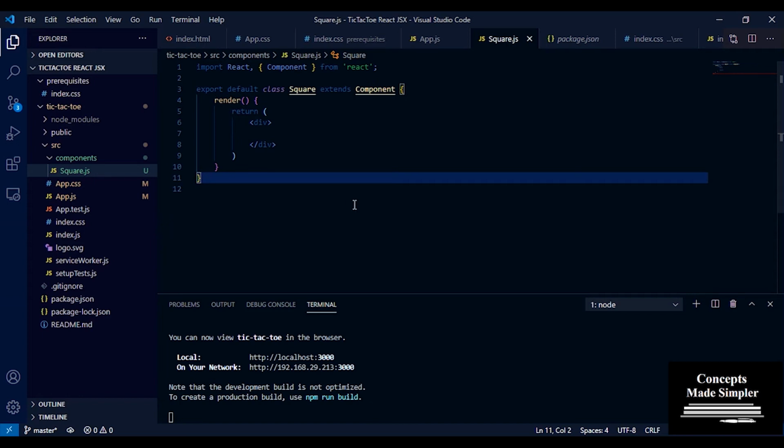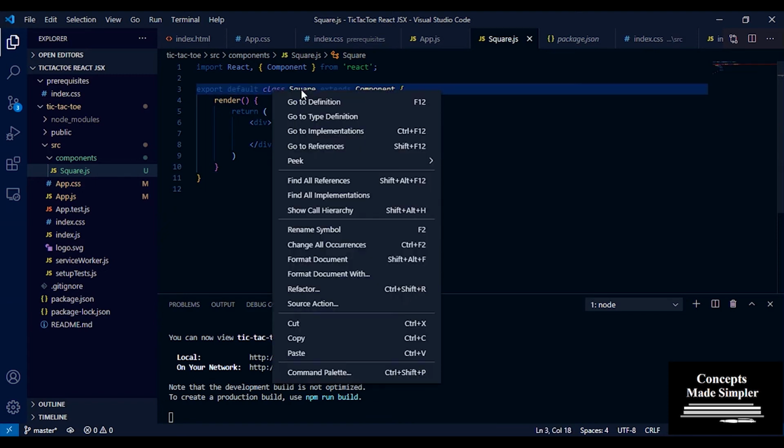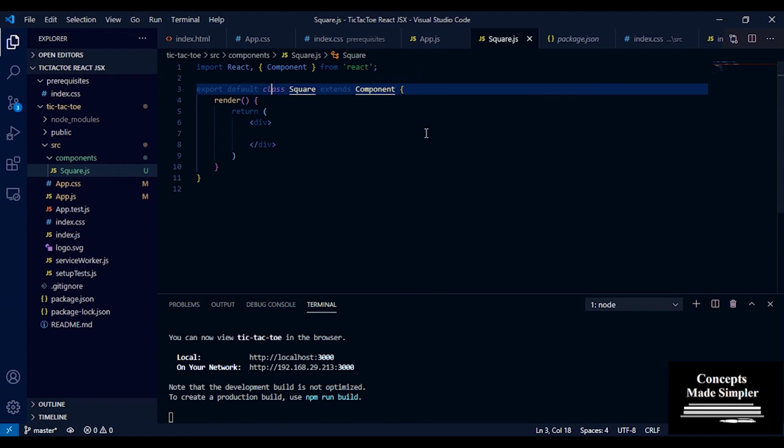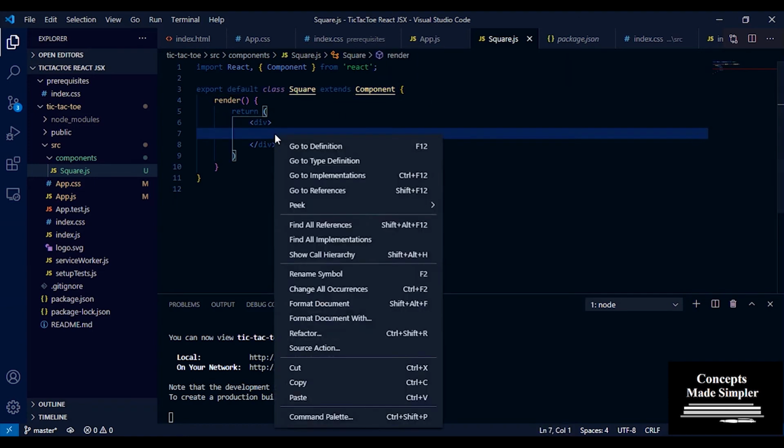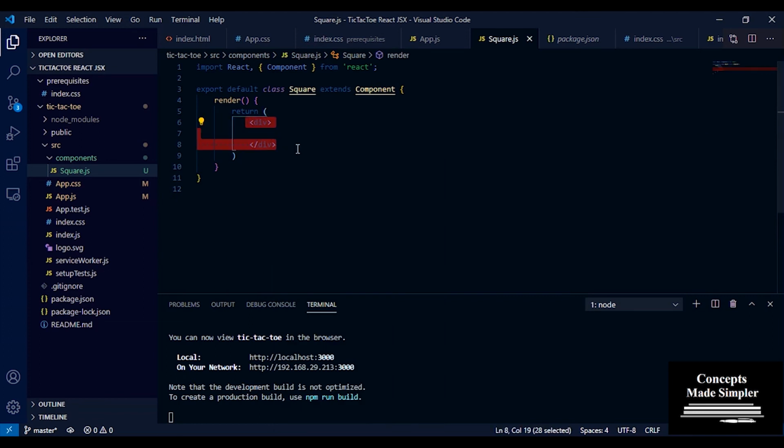So what people usually do is, sometimes they'll create 2 or 3 classes in a file, and then they'll create one major class which will basically pull all the different components from those smaller classes and export one big component. Okay, so that's why you need default, then class Square, and it extends Component, so you get your basic functionality. And then you have a render method. Now this render method is basically what is called when the component is loaded onto the screen.